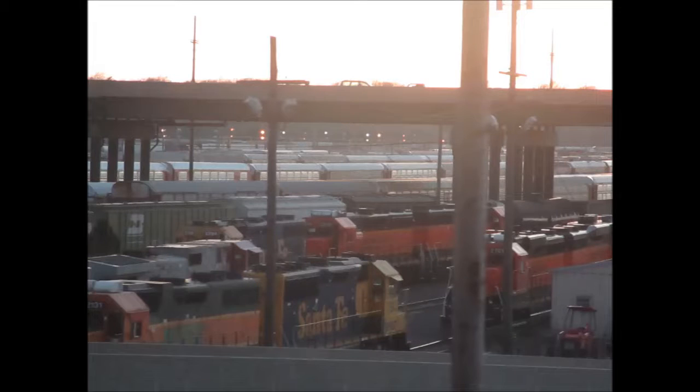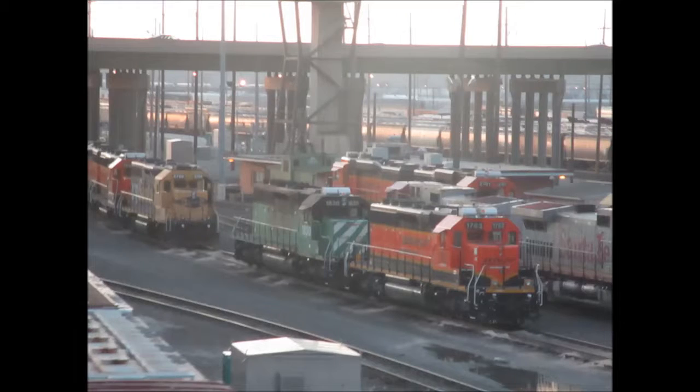I haven't seen this livery of autorack in a while, an articulated auto carrier with the word Automax on the side. For many years, the yard has had a couple of old Burlington Northern containers. Here at mid-yard, you can see two engines in Santa Fe yellow and a war bonnet. In this view, you can also see a former Burlington Northern caboose and another Santa Fe war bonnet wide nose